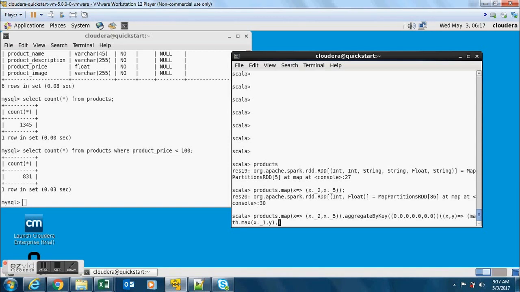Next, I'm going to keep incrementing the next value because that is to get the count of the products. And then I'm going to keep aggregating all of the prices so that I can get a sum of the price and do an average a little bit later. And the third one is a minimum. Okay,